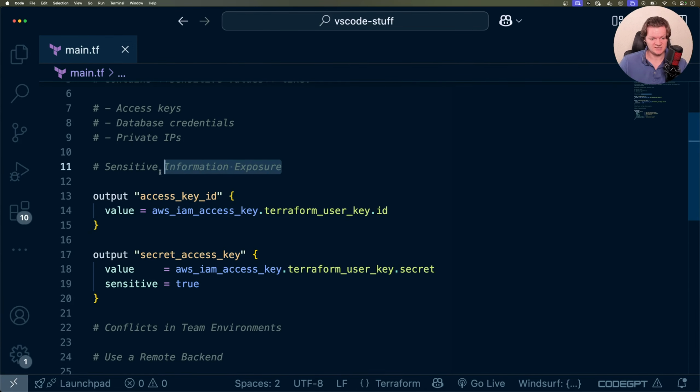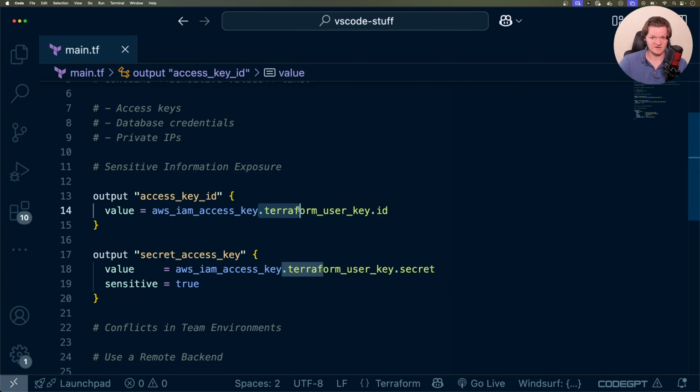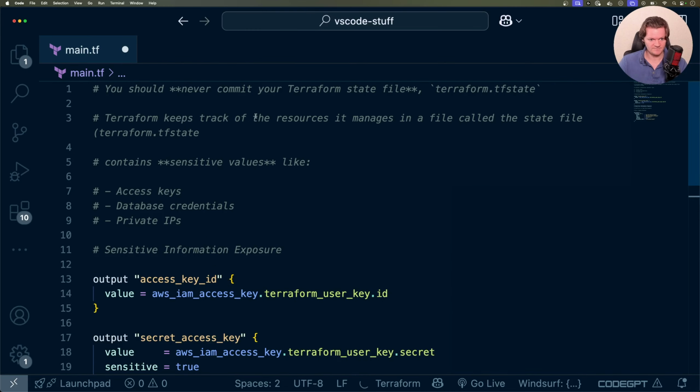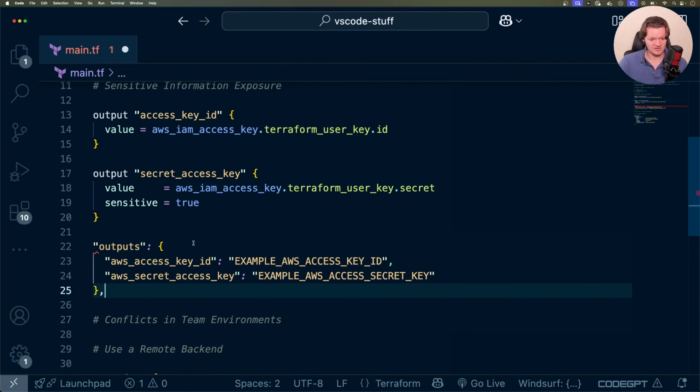And so the first is sensitive information exposure. Imagine you have these two output blocks in your Terraform code. This will result in both of these values being placed inside an output block in the Terraform state file. So let me give you an example. You will see something in your terraform.tfstate file along the lines of this. You'll have an output section with your AWS access key ID and then secret key with the values listed out